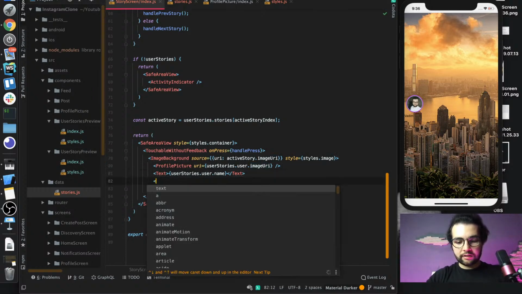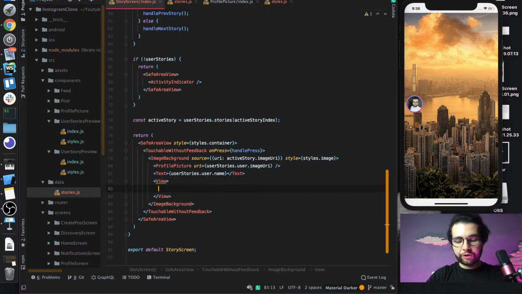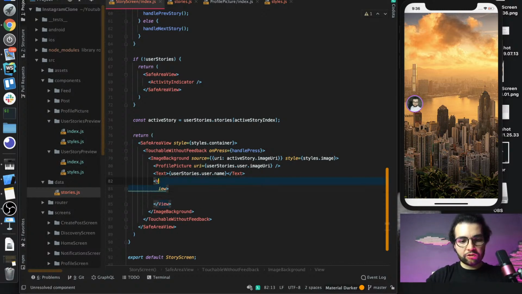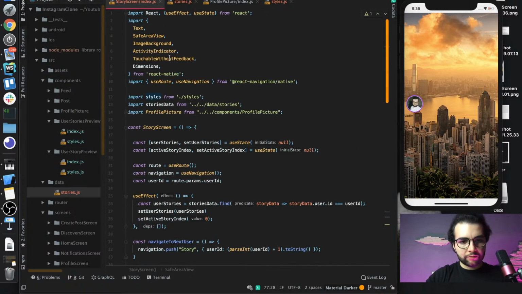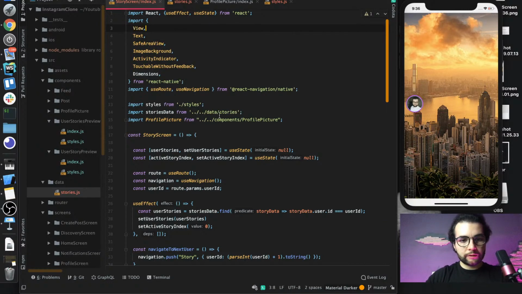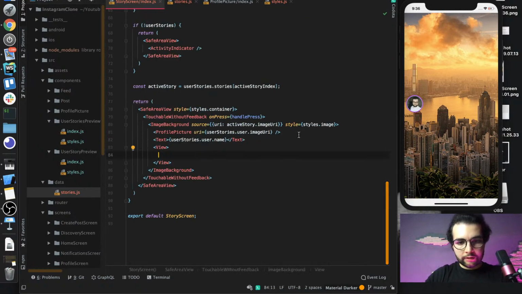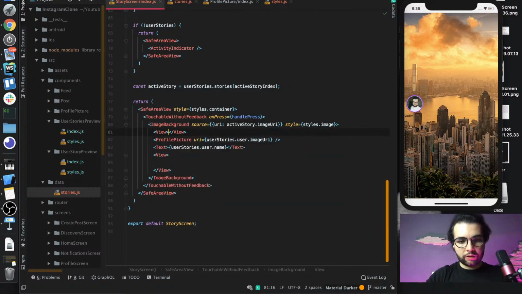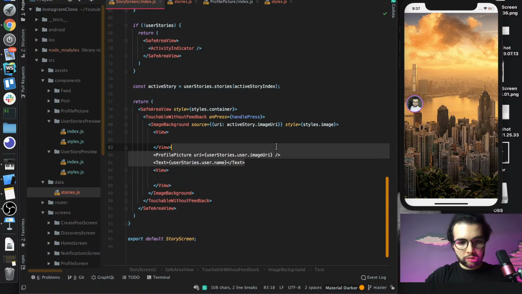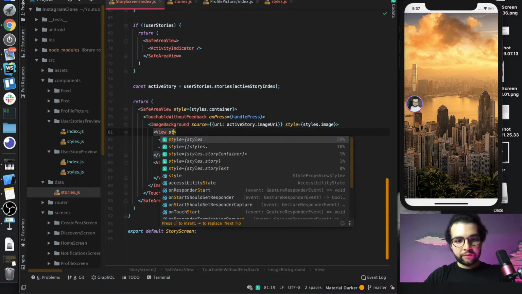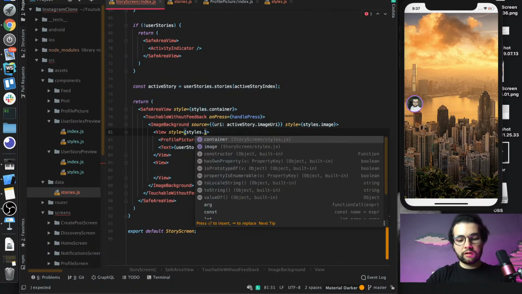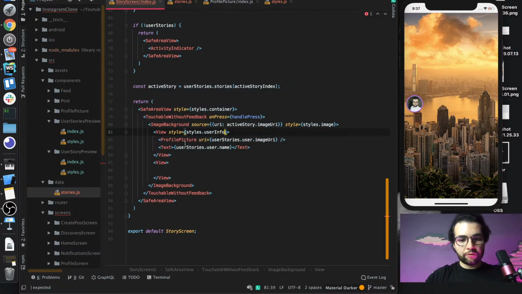After that, there is another view underneath, which will be like the input where you send a message to the creator. Not from reanimated, from here, view. And this one will also be a view. We will define some styles for it. Styles dot user info, and